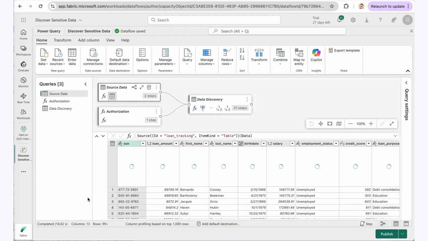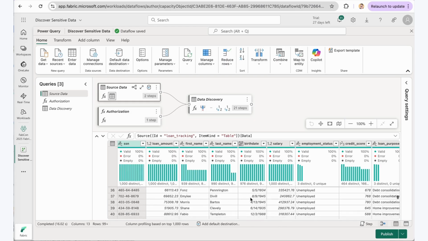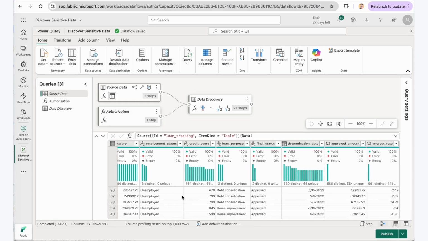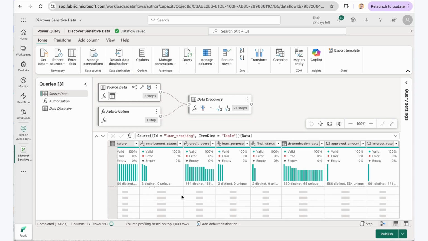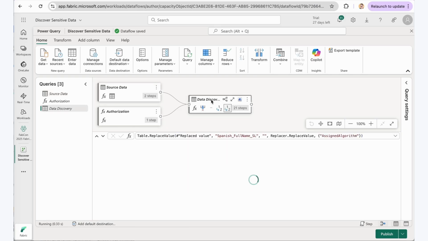What you'll see is our source data first, and it includes a number of columns that could be considered PII: first name, last name, birth date. But it has some really great data for analysis: salary, loan purpose, final status, did they get or get declined for a loan. We want to be able to do reporting, machine learning, and other operations without exposing that sensitive